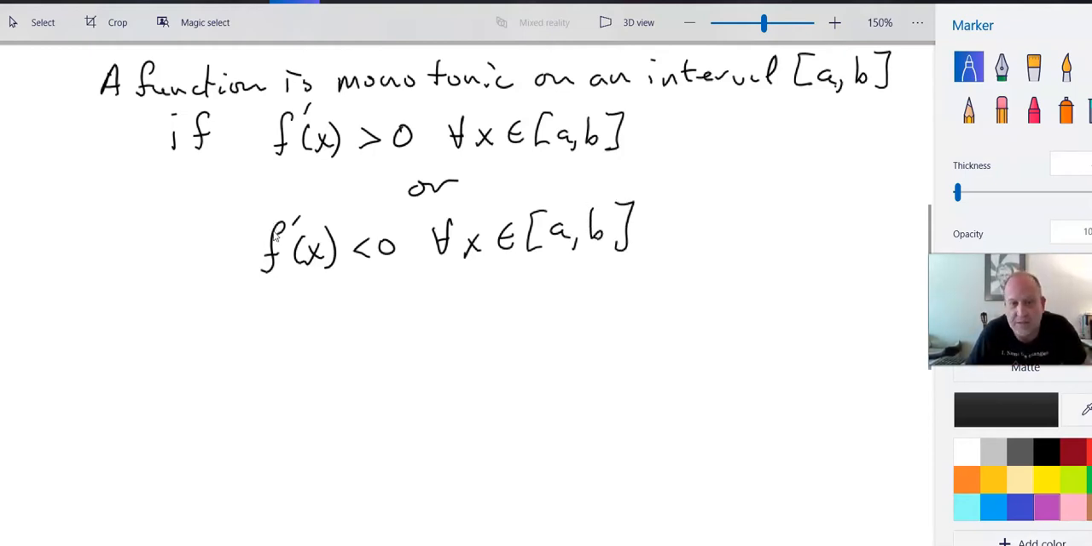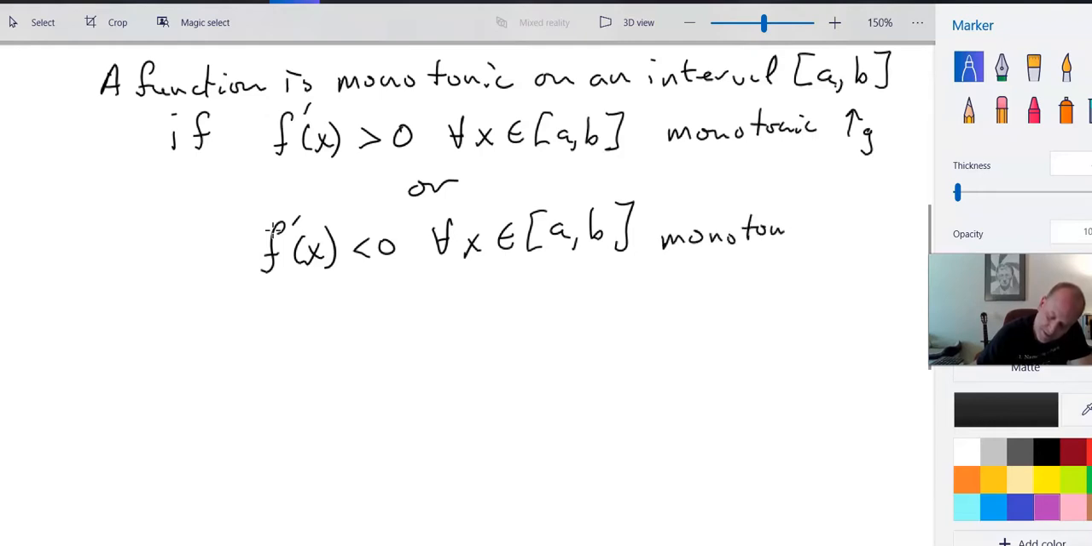Right? So you're talking about something that's monotonic on an interval means it's either all decreasing or all increasing, right? That's basically what it is. There's no point where it changes from increasing to decreasing on that interval. Then it's a monotonic interval, right? If the slope is greater than 0, this would be called monotonic increasing. And this is monotonic decreasing,